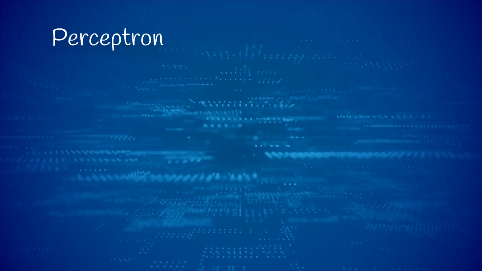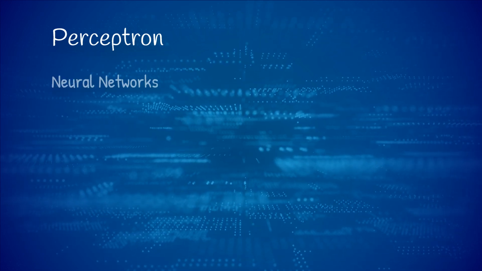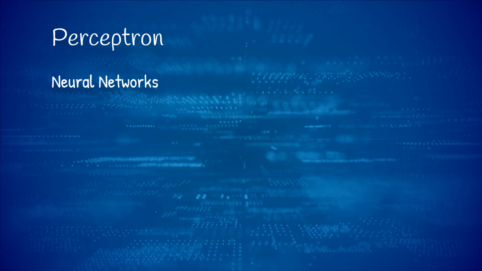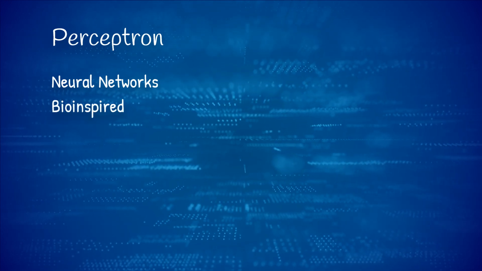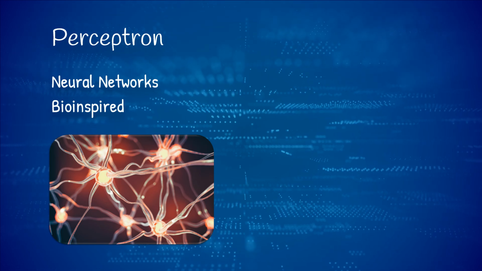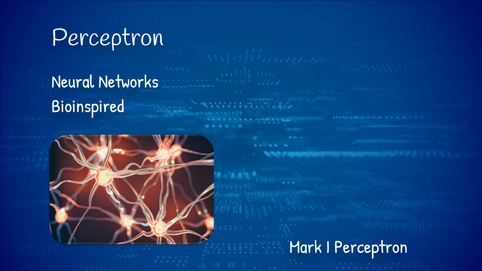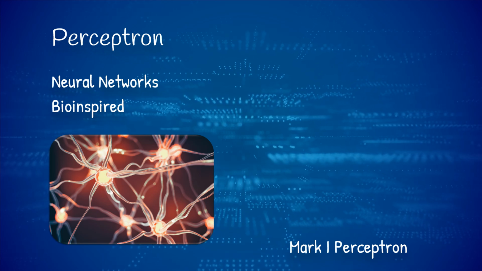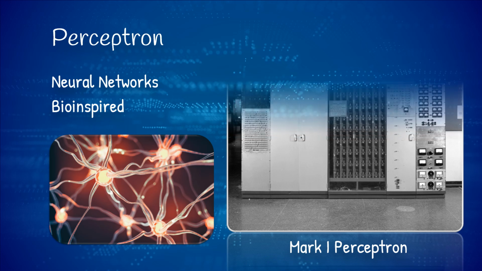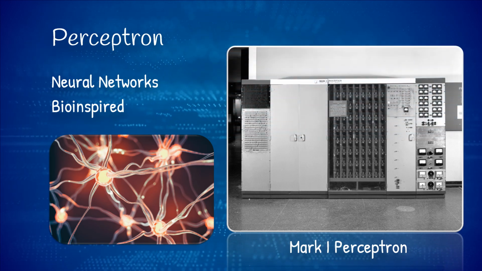Have you ever heard of the perceptron? You might be more familiar with the idea of a neural network, which is one of the models we will cover in the course. Well, neural networks are bio-inspired. They're based on biological neurons, although they constitute a simplified replica of them. It turns out that the first algorithm of this kind was called the perceptron and was implemented in hardware in 1957. At the time, it had to be physically built. Today, we can program this with a few lines of Python code.